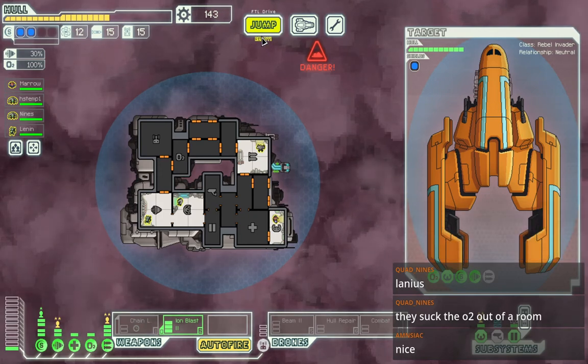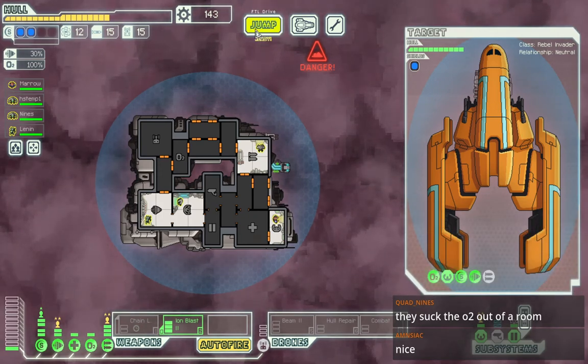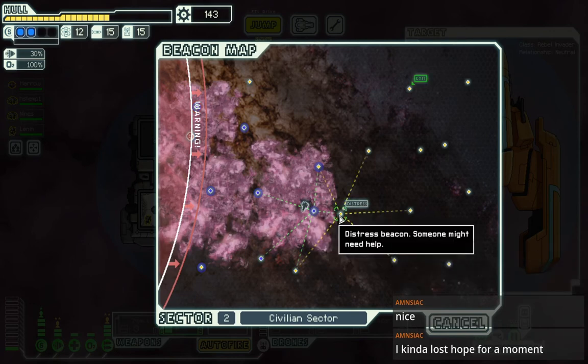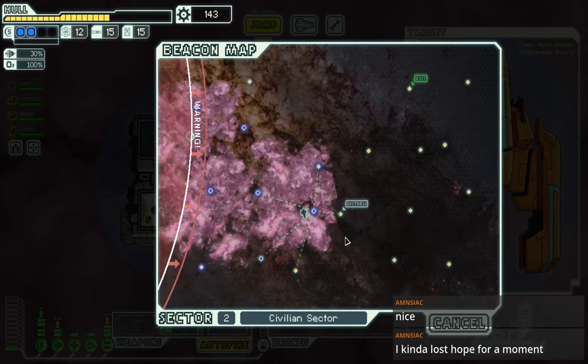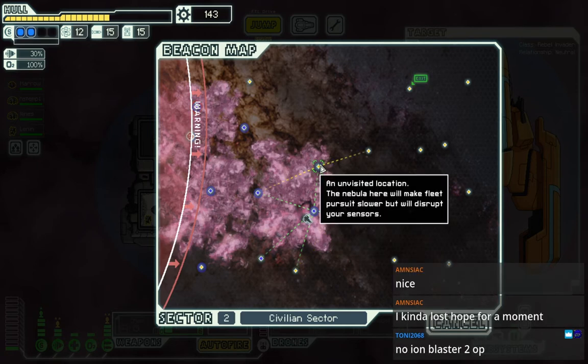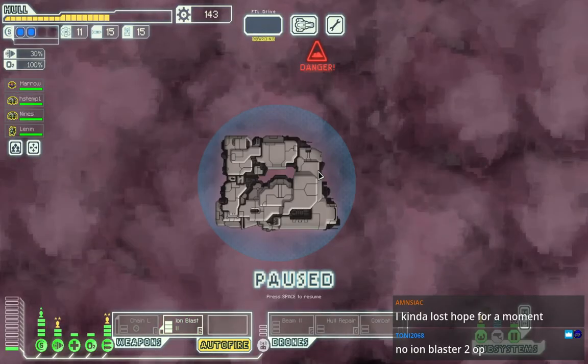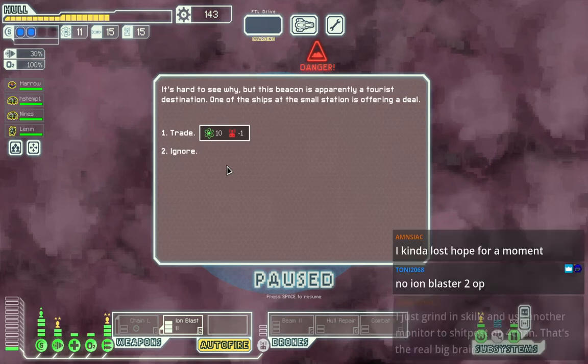But yeah, I guess we'll just jump. You lost hope for a moment. Yeah, maybe we should, you know what we should do is we should time it. We should actually run a timer and see how long it takes. Ion Blaster 2 overpowered. Well, we haven't even seen more than 2 of the ships, so...